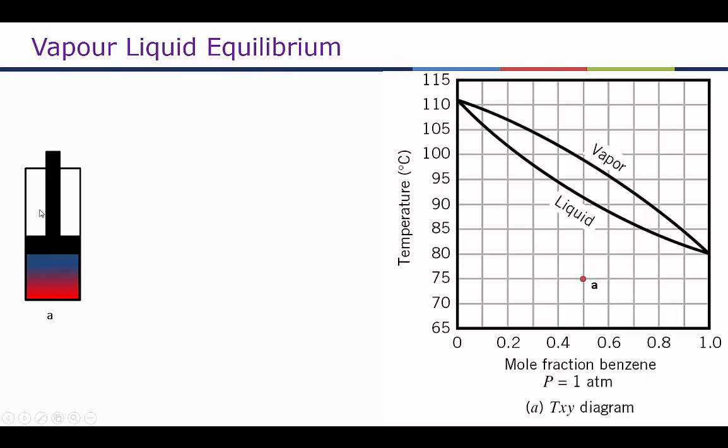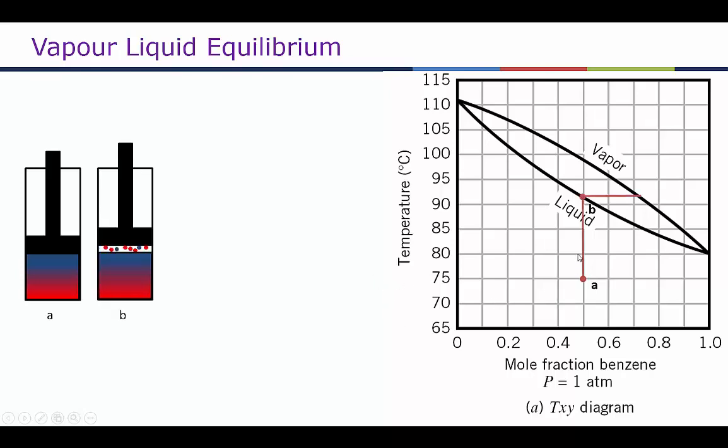Imagine we have a cylinder with a piston which is freely movable, which means the pressure is constant, and we have a completely cooled liquid. So this is well below the boiling point. Again, we will learn vapor liquid equilibrium in greater detail in CHE2162, but this is a condensed version of that. If we start heating this, at some point we will reach the boiling point of that mixture, and all the points on the liquid curve are different bubble point or boiling point temperatures for that liquid. So at point B, we are seeing the first bubbles of vapor coming up from the